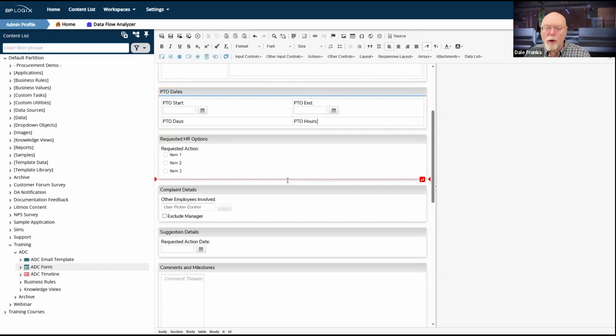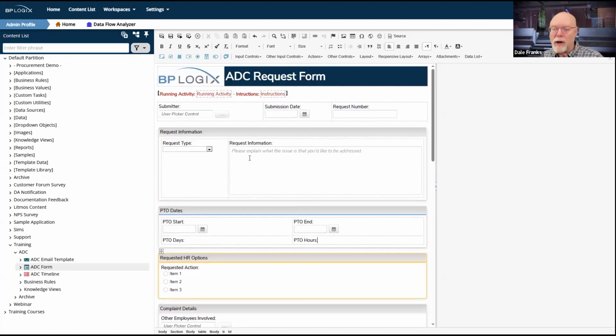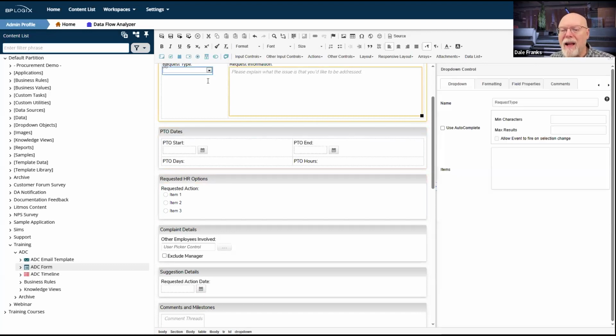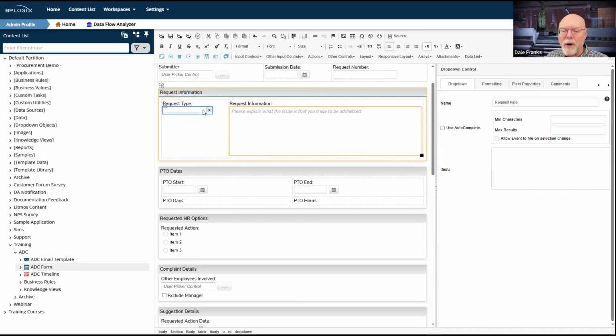One of the ways that we do that, and the way that we're going to do that here in this form, or the way that we have it configured to do in this form, is by not showing them these 4 sections of the form for the 4 different request types, unless they choose that specific request type in the request type dropdown up here at the top of the form.